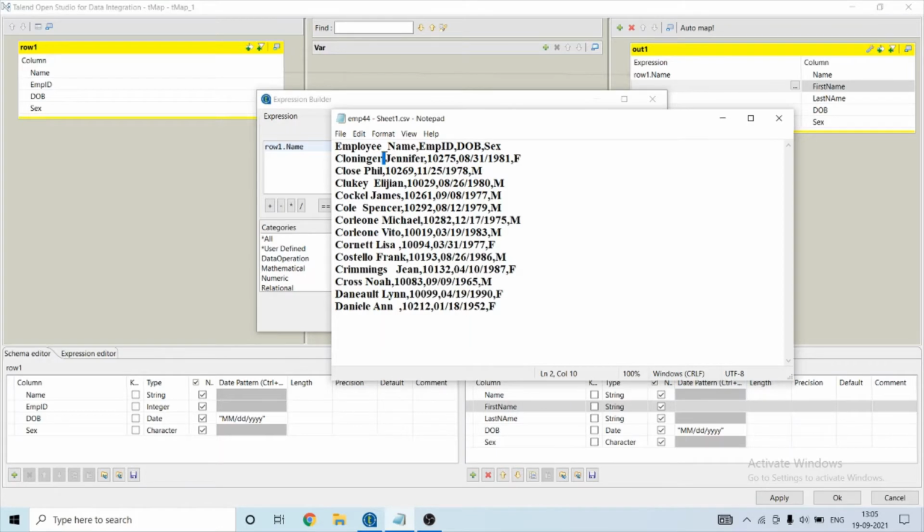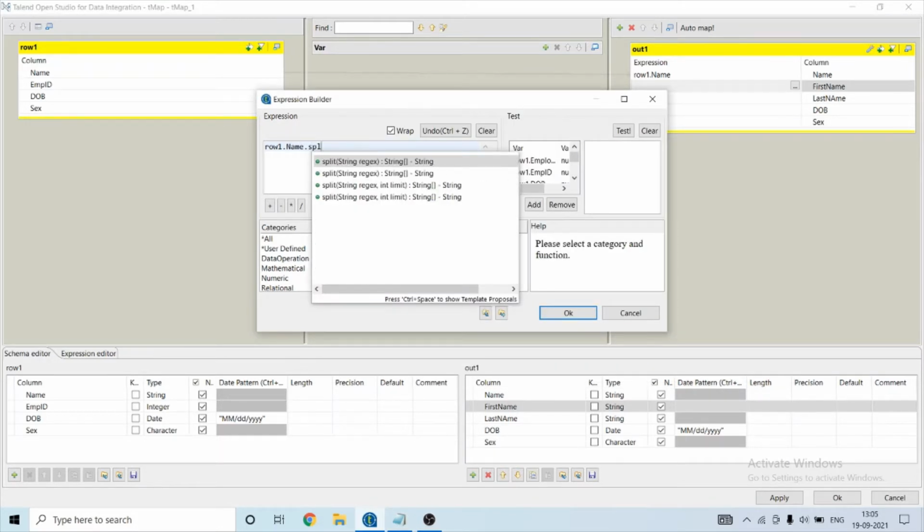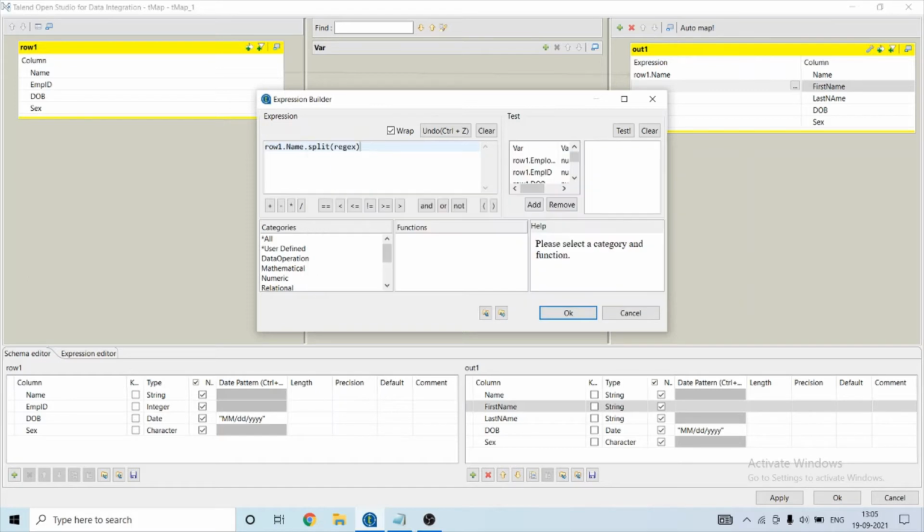So what I will do, I will use this split. I need to perform the regex, and I will just use the 0th value. So let's click on OK.